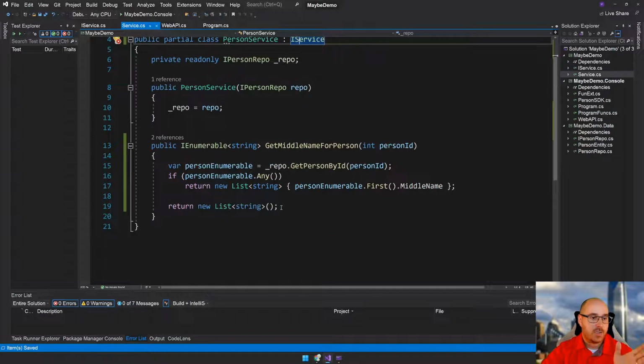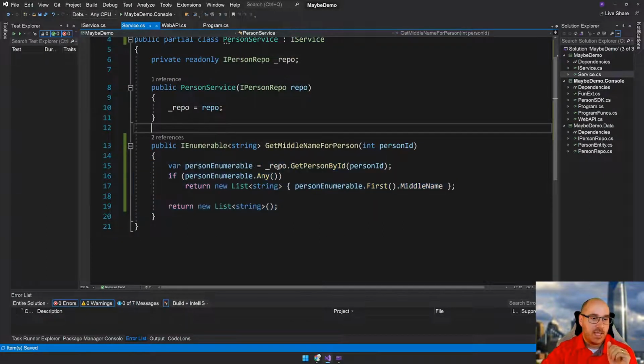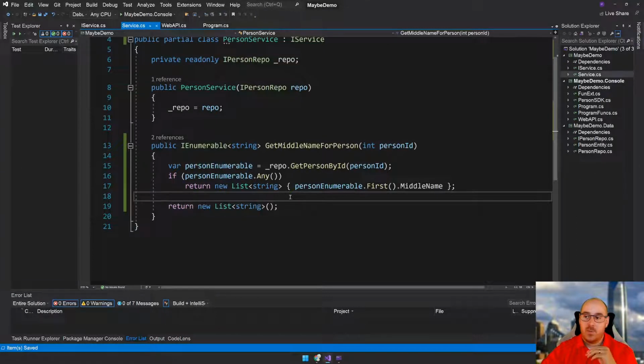I don't want to lose you guys, so I'm going to go back to the domain. I'm going to say we can simplify this even more. Not only can we simplify this even more, we've sort of lost our check on whether or not the middle name is null or empty. Right now we're just going to go ahead and assume that there's a middle name. So what we're going to do is we're going to say,